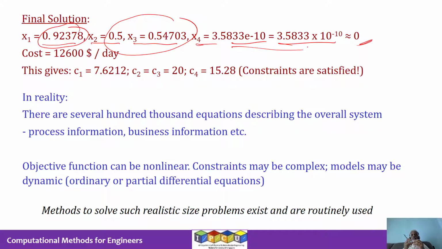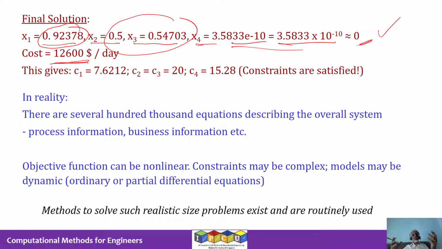So if each city were to just do the minimum it needs to do, for example, if city 1 just cares about what happens at junction 1, then city 1 can get away doing the minimum possible water treatment. But that may shift the cost to the other treatment plants, and the overall cost might come out to be higher. So with this solution, the four cities together incur a cost of $12,600 per day.